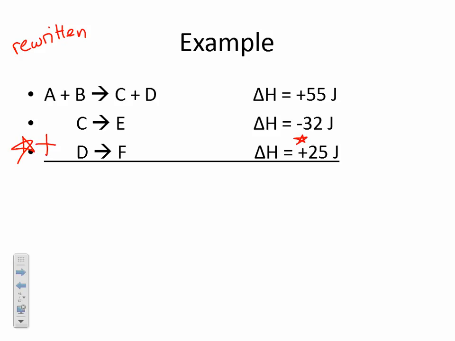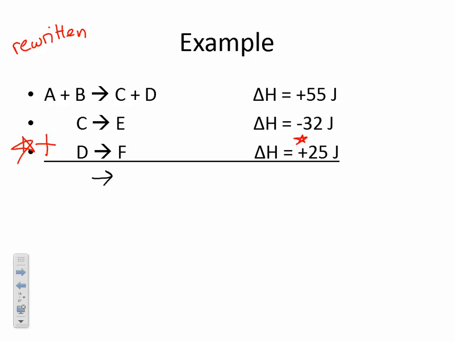And now, add them together. When you add these three together, they should give you the target reaction, the one that we want. The way you add reactions together, I like to, first of all, notice how I've lined up the arrows? Keep that arrow in the exact same spot. Everything on the left-hand side of the arrow stays on the left-hand side of the arrow. So if it's originally written on the left, you keep it on the left of the arrow in your overall. Everything that's on the right-hand side of the arrow stays on the right-hand side of the arrow. You're not going to take something that's a reactant in one reaction and then make it a product in your